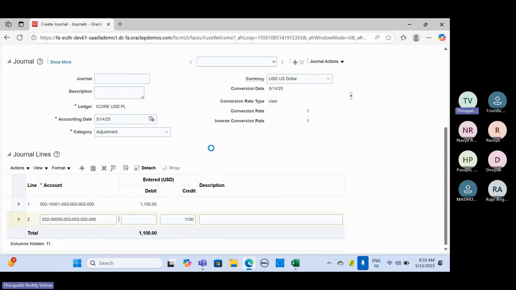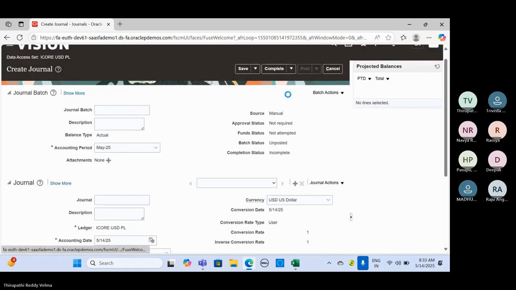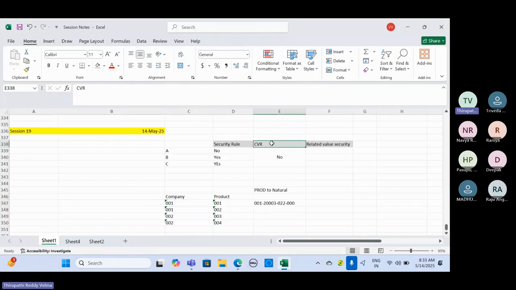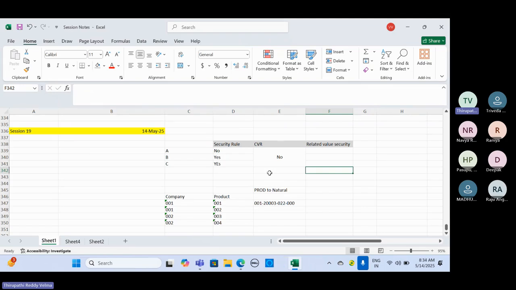situations, you can use the related party security concept. But as you have seen both the functions, what is the advantage of having CVR and what are the disadvantages of having defined related party security? Both are going to restrict the invalid code combinations. But CVRs are easy to define. You just select the two conditions. One is the condition and the other one would be your base and parameter. So based on the